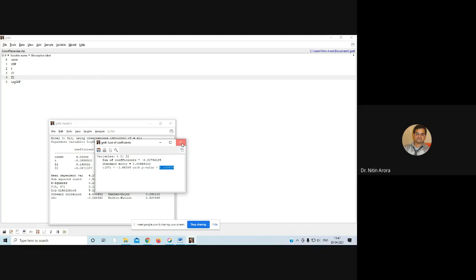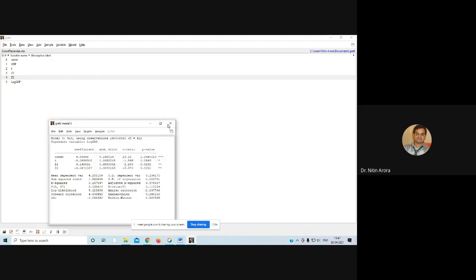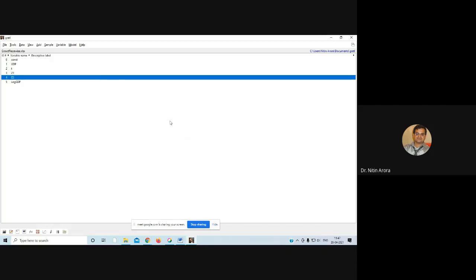Like I told you, then why will we be estimating separately? Okay, children? If you have any problem, okay. So, that was about testing the significance of the sum of the two coefficients or three coefficients.